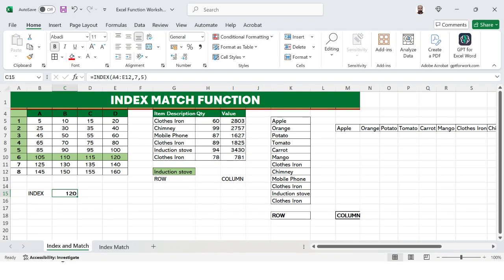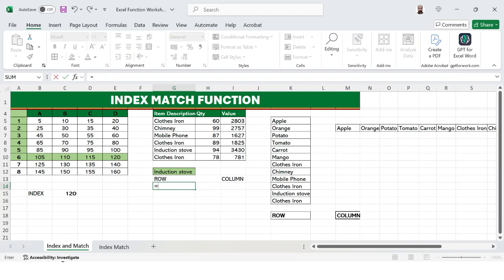Now let's move on to learn the MATCH function. Here first you can use equals to MATCH. The lookup value this time would be "induction stove", double quotation close, comma.